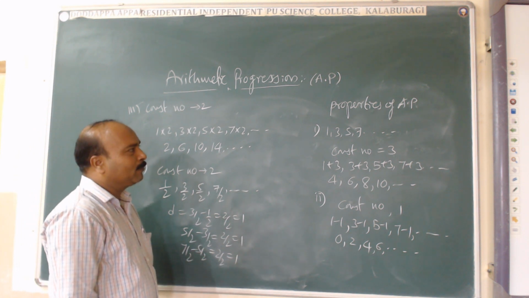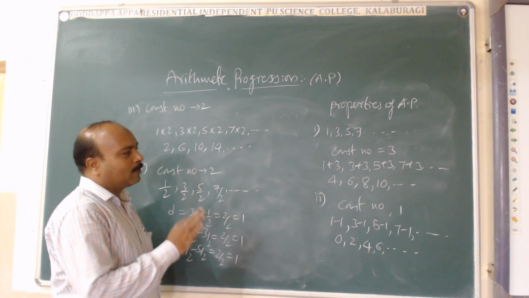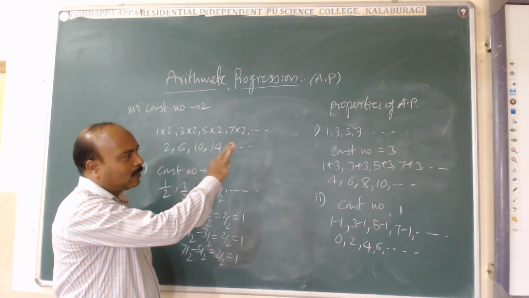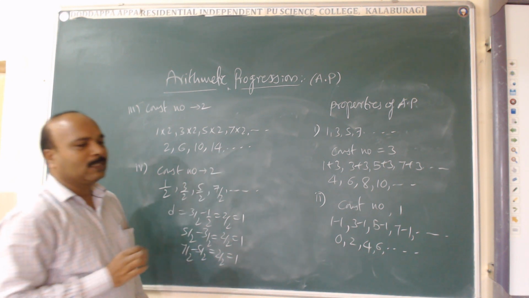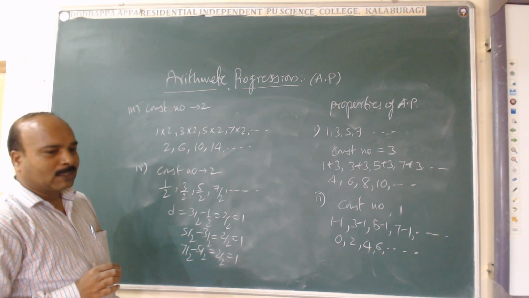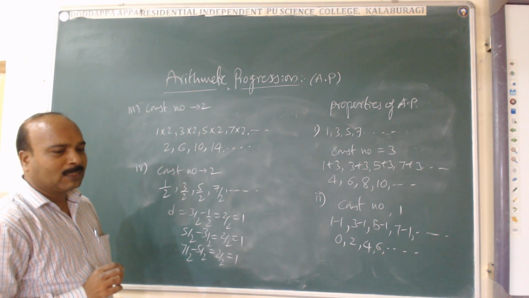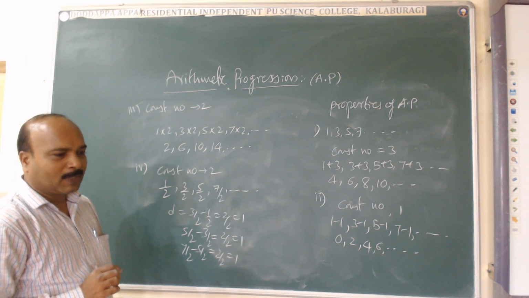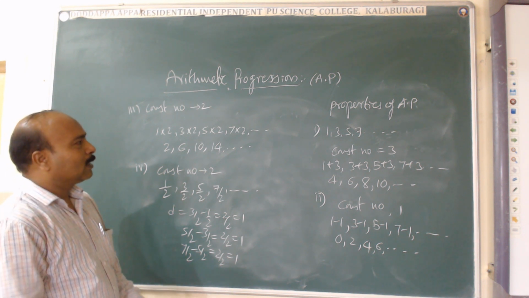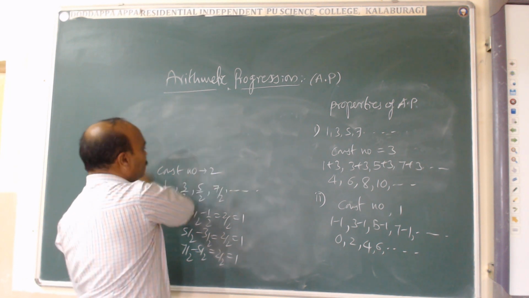So these are some important properties of arithmetic progression. If we add, subtract, multiply and divide by any non-zero constant to a given arithmetic progression, that is each term of the arithmetic progression, then there is no change in the progression, it remains an arithmetic progression only. That is the properties. Now we go for some other examples along with formula.